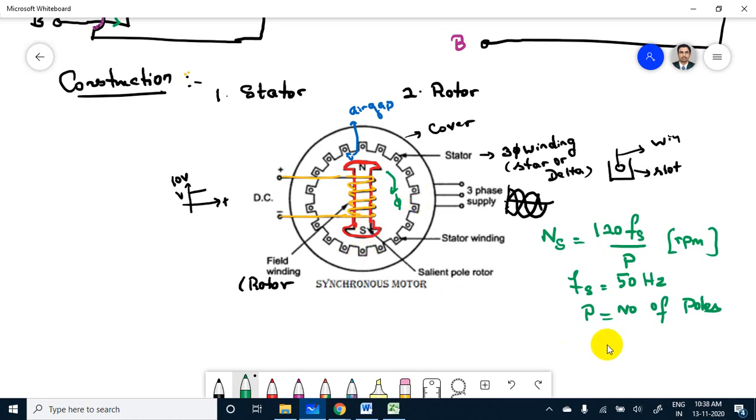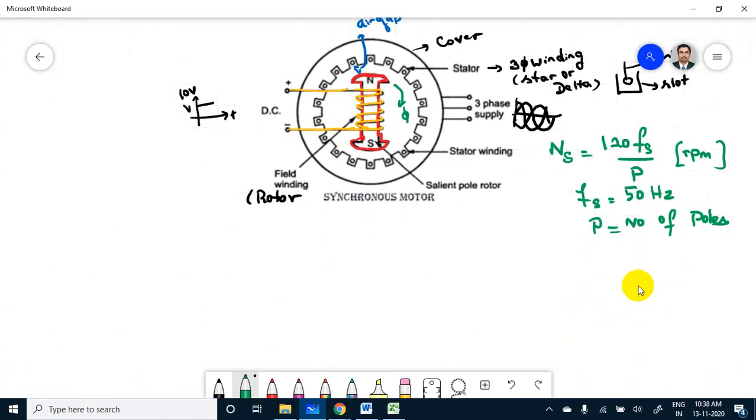Principle of working operation here. Okay, a synchronous machine works on the principle of magnetic locking. Magnetic locking means